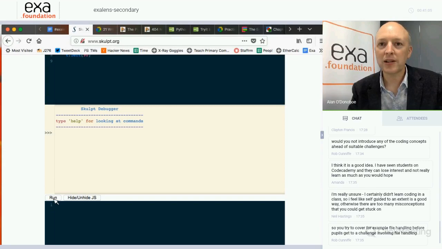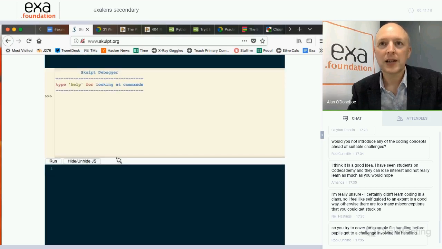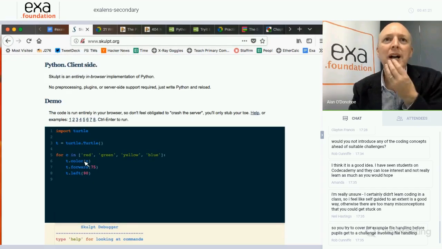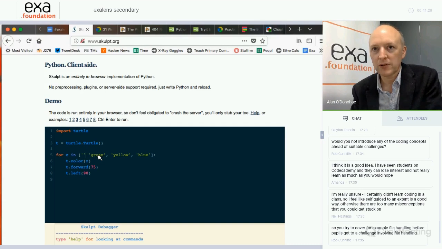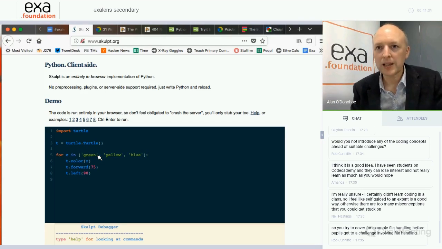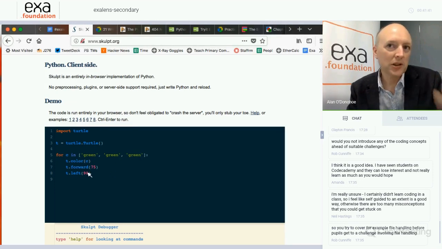But then what I will do is, all right, let's execute the code. Everybody's come up with a theory and a hypothesis about what might happen. And when we scroll down, here we have a 4-sided polygon. It's a square. Each of the sides is a different color. So then I could say, what if we wanted to draw a triangle and we wanted all the sides green? What we could do is remove one of the objects from the array or the list, and we could change these words. Now, if you can't read it, don't worry, you can always just click on the link and do it. So that would be one suggestion.